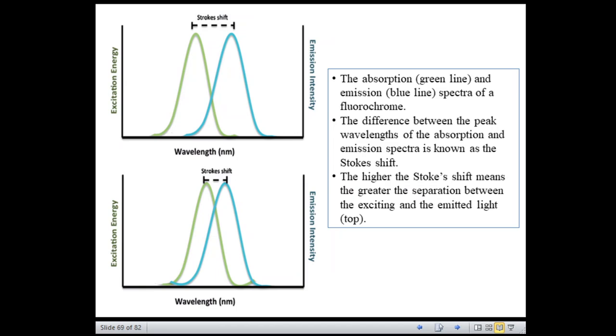There is an absorption of light which causes an electron to rise from ground state to excited state, and then the electron quickly goes back to its ground state, liberating photons of light in the form of excess energy, and this transition of energy is termed fluorescence. Now what about fluorochromes and their properties?